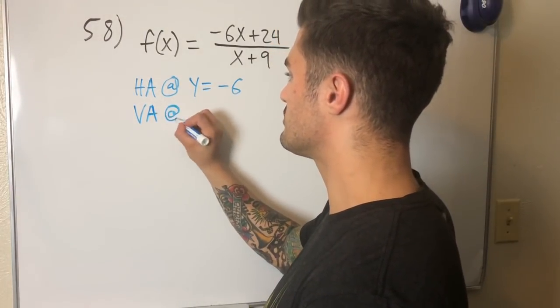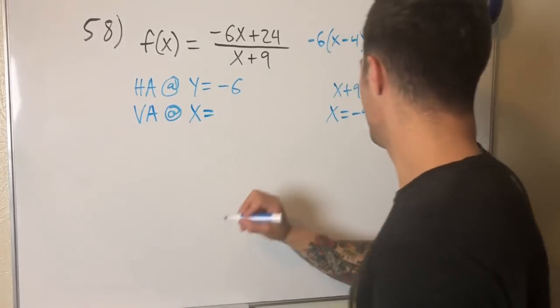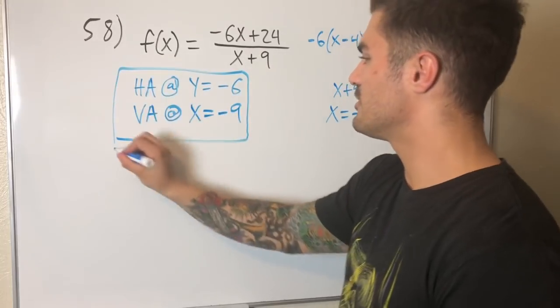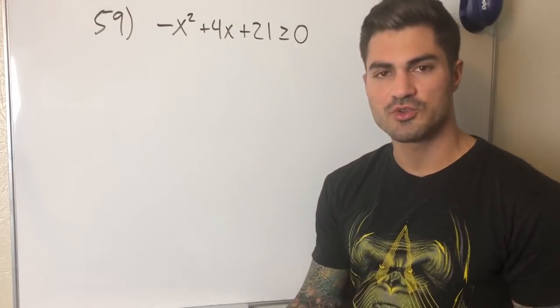So vertical asymptote at, these are at symbols, by the way. I don't know why I use those for asymptotes. At x equals negative 9. So I have my asymptotes. We're good to go. All right, so for number 59, it says solve the inequality, write the solution set in